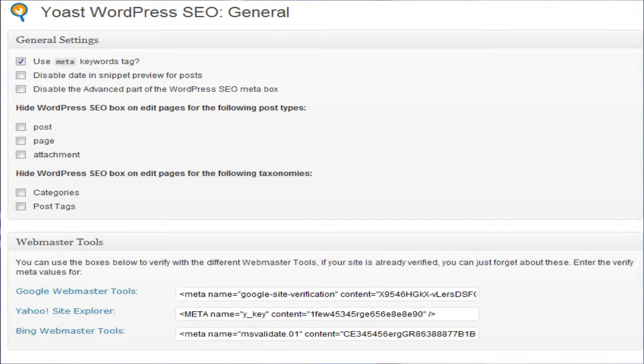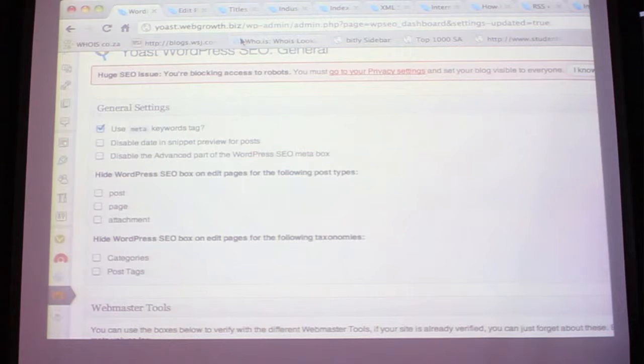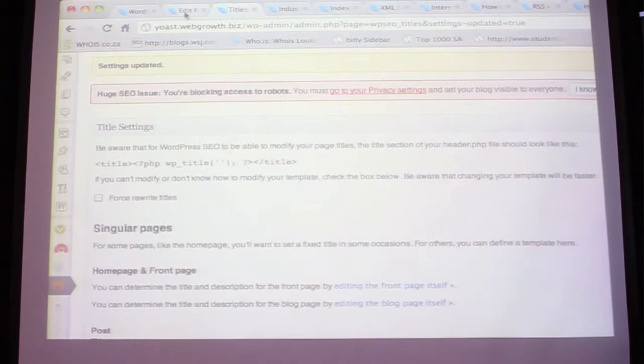The edit pages, you want to leave everything. You want to be able to edit the post, the page, or the attachment. And you want to be able to edit the categories and post tags. And like Rafik said earlier about tags, not a great thing, although it's great for navigation, but from a search perspective, it just does create duplicate content. So there was a question asked about how do we no index, or how do we get rid of that within the search results. And I'll just show you now how we do that